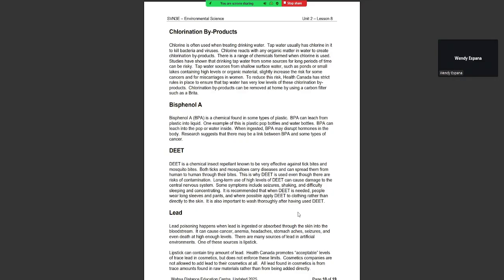Okay, lead is another airborne product. Or another product that can be ingested and absorbed into you. However, it's not airborne. Lead is through your skin. So, back many years ago,